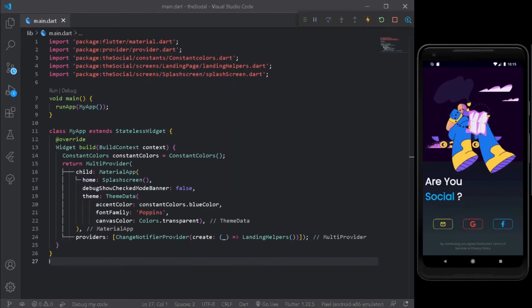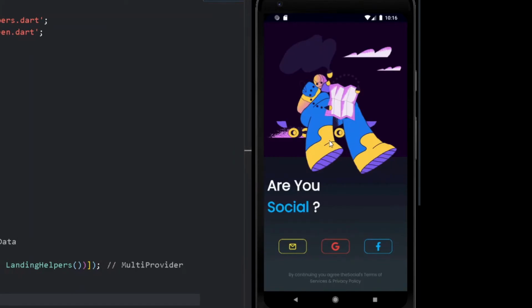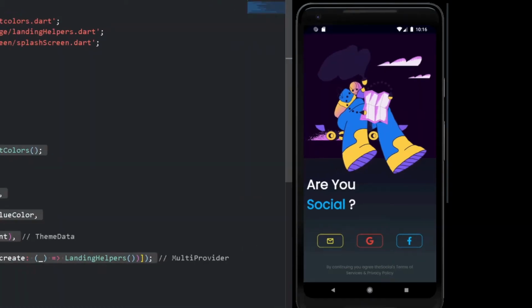Hey everyone, in this video we are going to add authentication service under our The Social. In the previous video we have implemented the following screen. If I show to you by reloading my entire screen, we implemented the following splash screen along with the transition to our landing page. So in this video, let's start off by creating authentication under our The Social for the user with the help of Firebase.